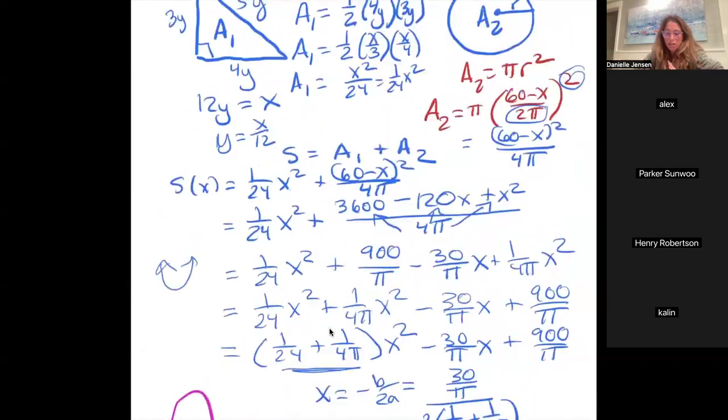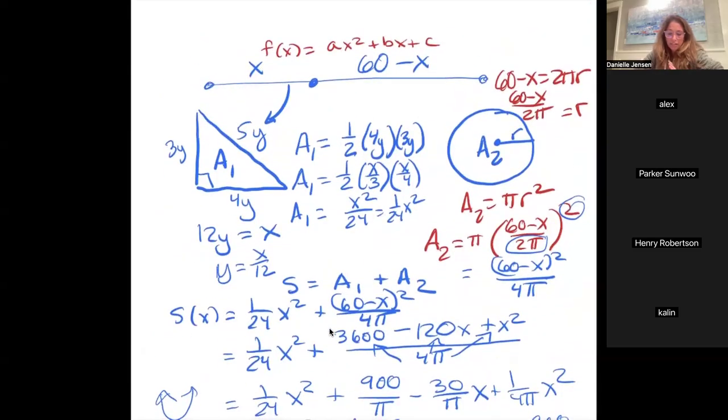So then you would plug in, if I give 60 to the triangle, what would the area be? And then if I gave 60 to the circle, what would the area be? And whichever is bigger would give you the max. So if I'm asking you for a max, if it opens down and you're pretty confident that you didn't make a mistake, then that means,